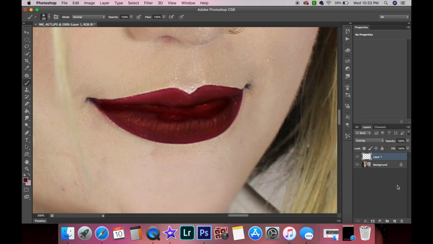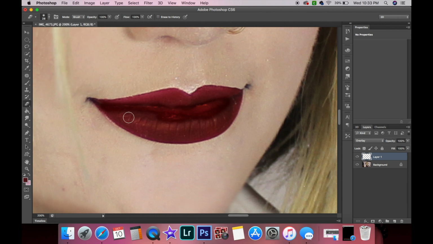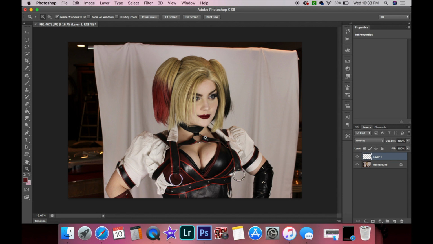Yeah, that works. It looks a little weird right now, but I'm going to go over to the eraser tool on a 0 hardness level, make it pretty small, and go around that to blend it in just a little bit. Hopefully that works a little bit better. My lips still look pretty crusty, but it looks better than that. So